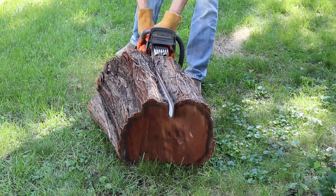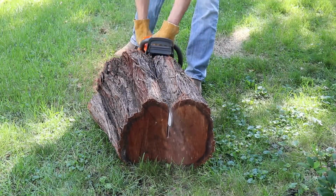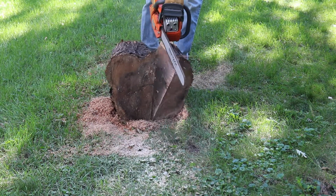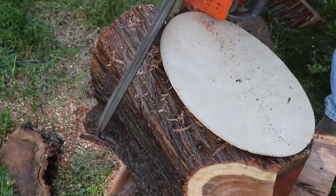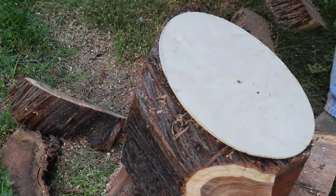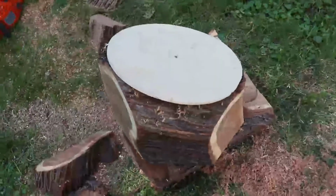I get started by roughing out a blank using a chainsaw. A lot of times you'll see me do this at the bandsaw, but given that this log weighed about 150 pounds, I decided to do all the work using the chainsaw. It goes really quick, just using the template here to shape it and knocking off the 4 corners. You can see it's pretty rough, but we'll get it round pretty quickly on the